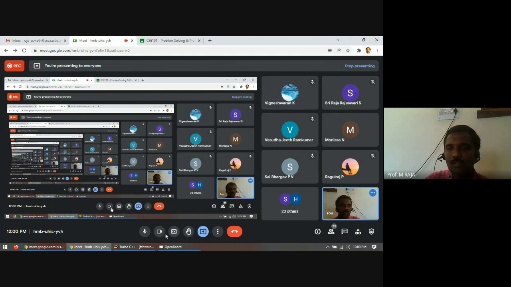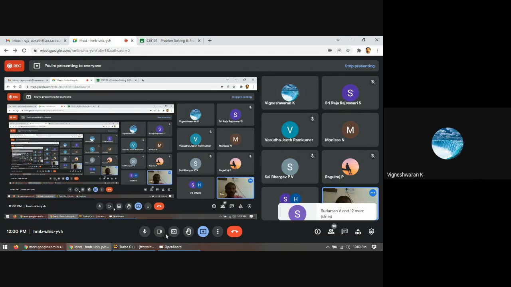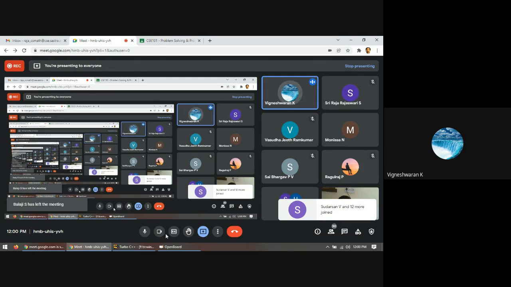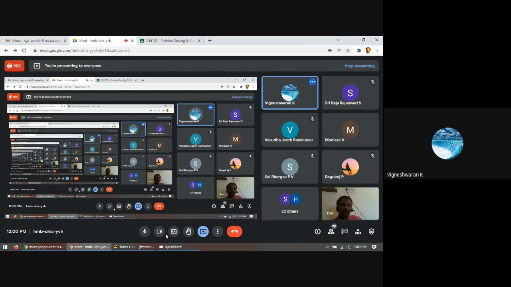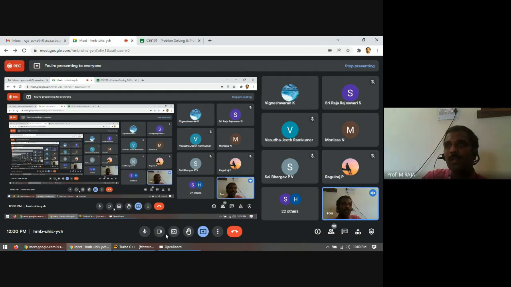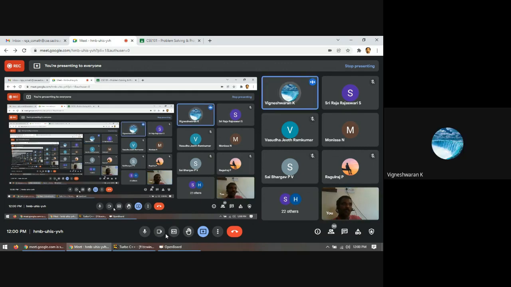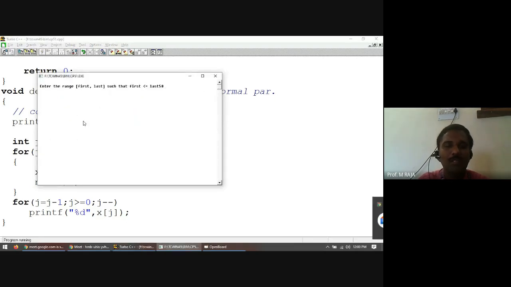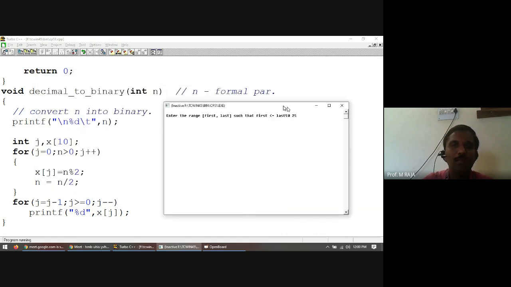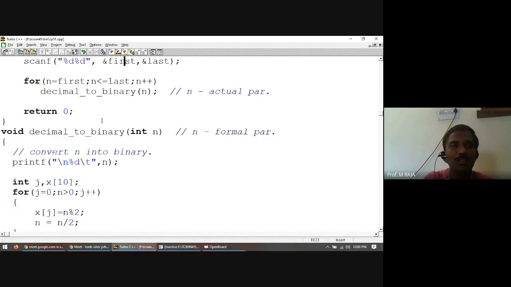Any doubts? Sir, for the last program, can you show the output when entering a highest number compared to the last number, sir? Highest number compared to... I mean, the first will be higher when compared to last. Okay. One minute. Control F9. First one is 50, second one is say 25. That's all. Nothing will happen because the entry condition into the for loop is